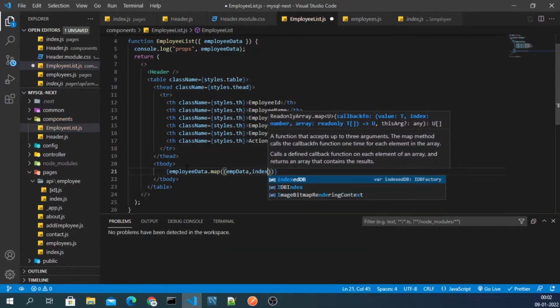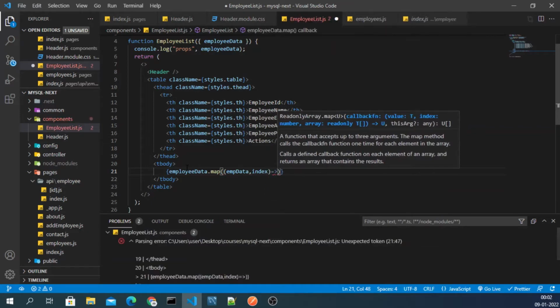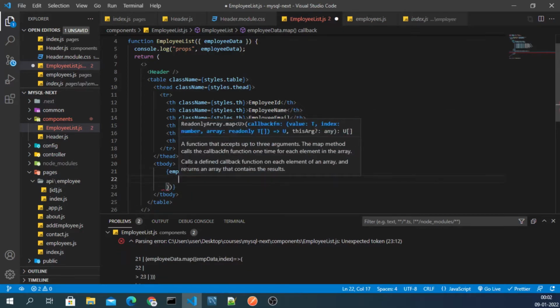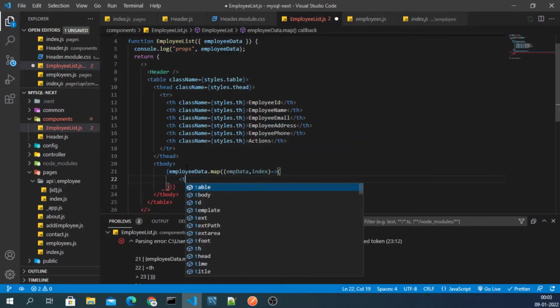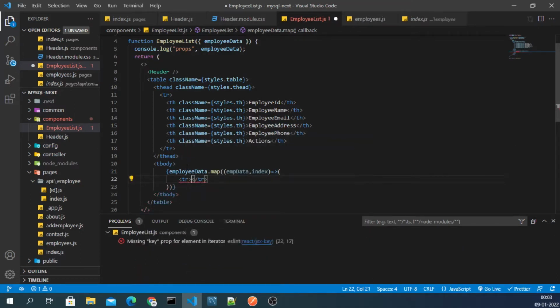Okay, and then I'll use arrow function, and in this arrow function I'll have couple of tr, table row, right? Tr, right? And we have this one row, and inside this row then we will have first column.